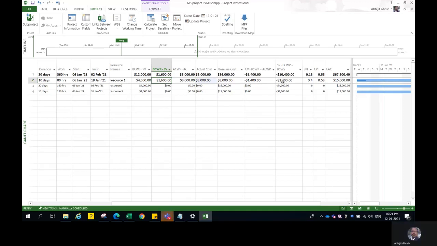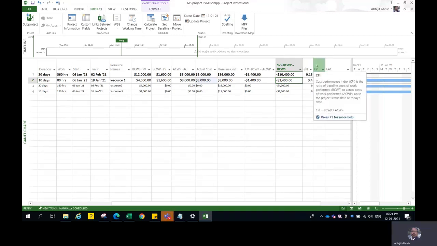Now, for the schedule variance, you have planned for 4,000 rupees' worth of work, but you have actually done 1,600 rupees' worth of work. So here is your schedule variance. That means you are running late, and you've actually spent more. You get your SPI and CPI, the schedule performance index and the cost performance index, automatically calculated for you. Okay, once more,